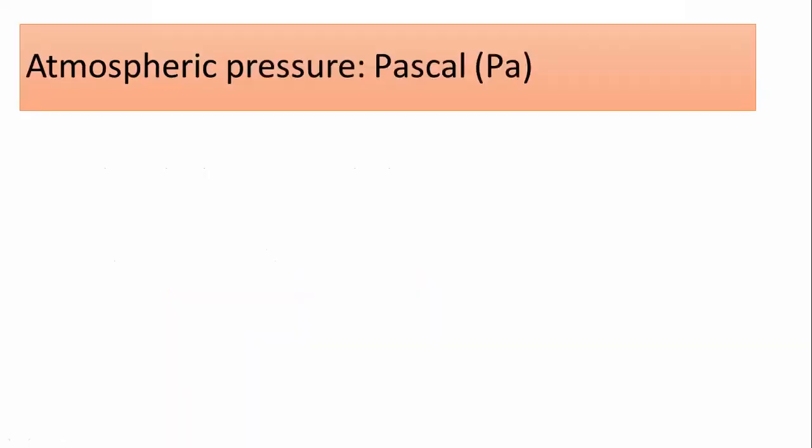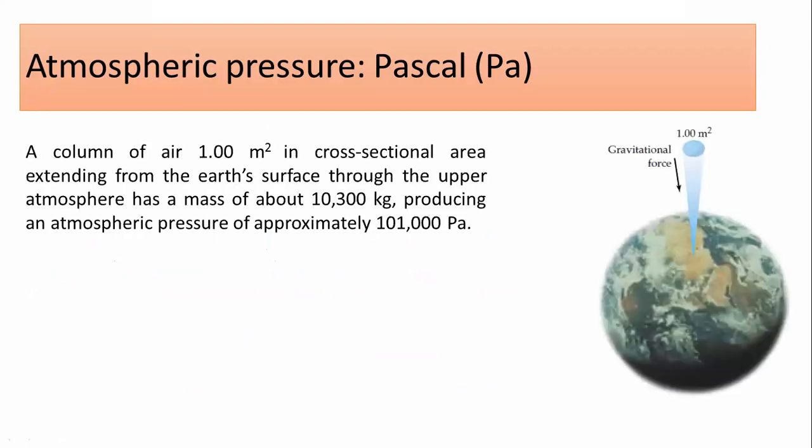Second, now I'm going to use another way to calculate the Pascal, by using the atmospheric pressure. Let's see what is happening over here. This is the Earth, and if you have a column of air, 1 meter square in cross-sectional area, extending from the Earth's surface through the upward atmosphere, having this cross-section area,